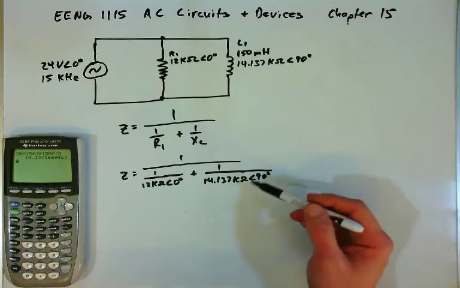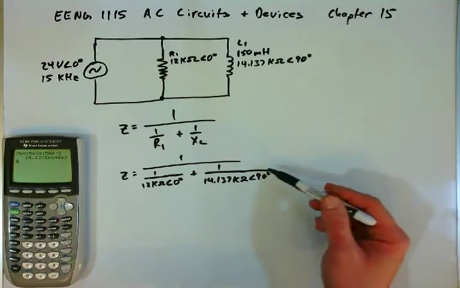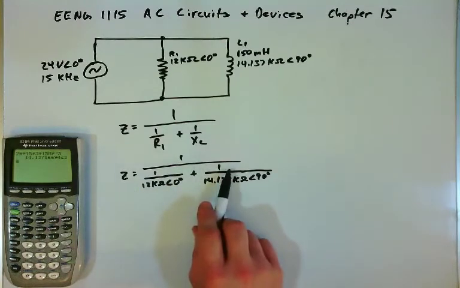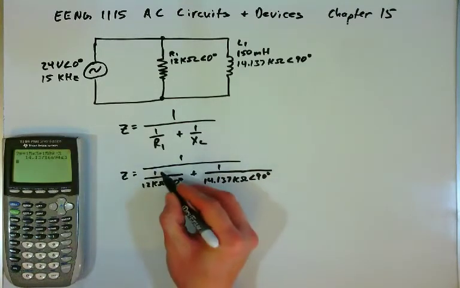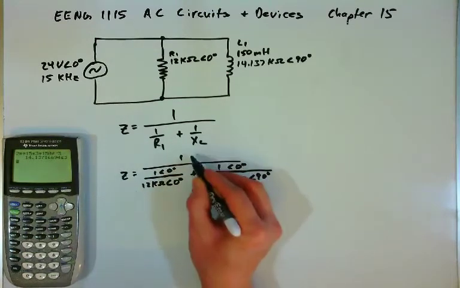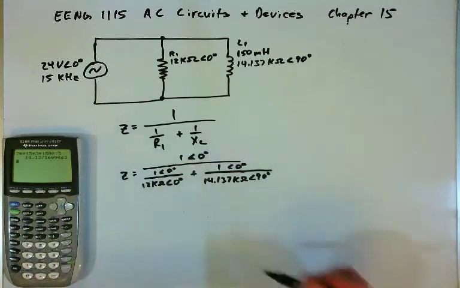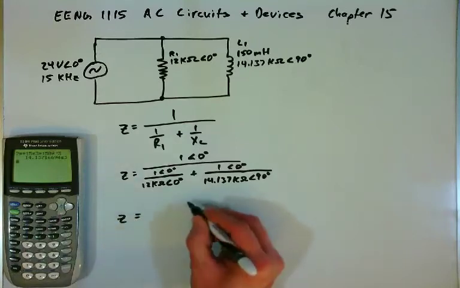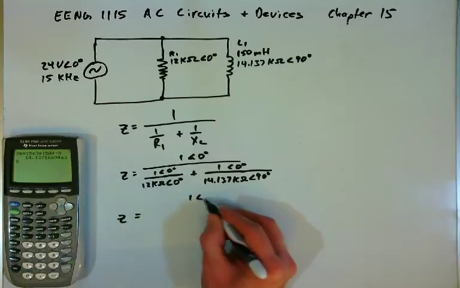Now, when we divide vectors, we know that we divide the magnitudes and we subtract the angles. The numerators of these fractions are not vectors, they're scalars. We'll treat them as though they're at 0 degrees. And that's what we'll always do. Anytime we divide a scalar by a vector, you treat the scalar as though it's at 0 degrees. And so the impedance will be 1 at 0 degrees